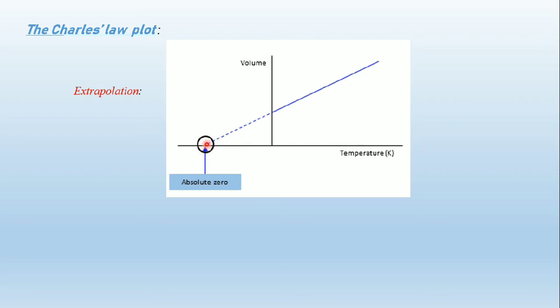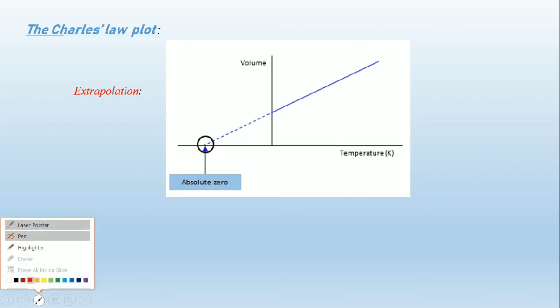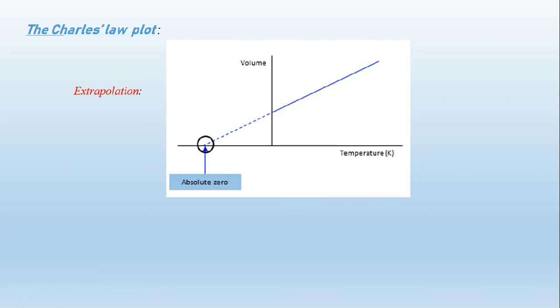The point at which the graph meets the x-axis is called the absolute zero temperature. Remember, the x-axis represents temperature. So this particular point is called the absolute zero temperature, and that is equal to how many? This temperature is not in Kelvin. In this graph the temperature has to be in degrees Celsius, for a reason. So when you draw it in your copy, don't write Kelvin, write degree Celsius.